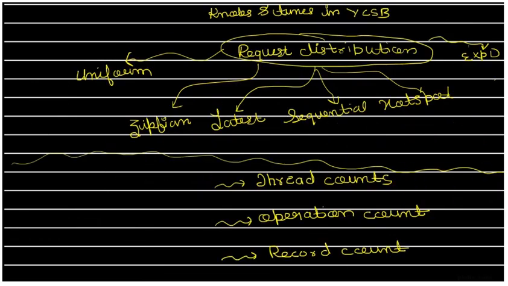Apart from the workload, we also have a request distribution in YCSB, and they are of different kinds: uniform, zipfian, latest, sequential, hotspot, exponential. I will give you an example of how this can be used and why they are needed. Suppose you went for workload C, which is 100% read operations.